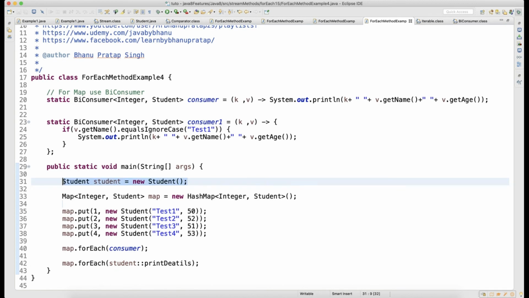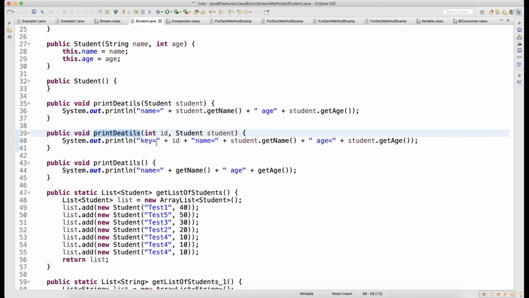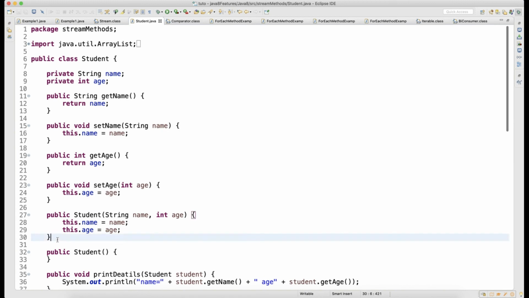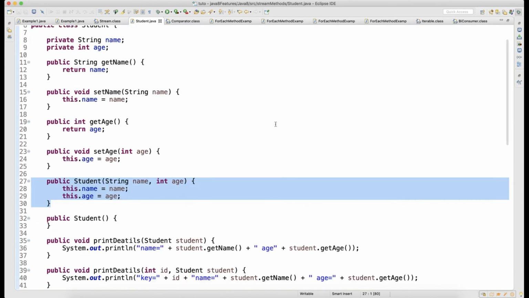in this student class, there is a method called printDetails. Press Ctrl and click on printDetails. Here, there is one method which will take an ID and a student. But the problem is that this ID is not getting initialized by the constructor, because your constructor has only two fields, name and age.